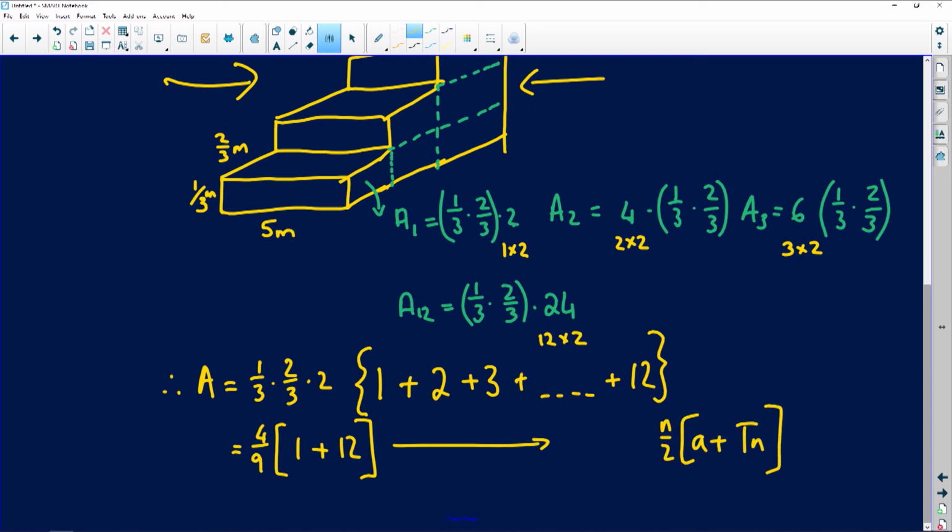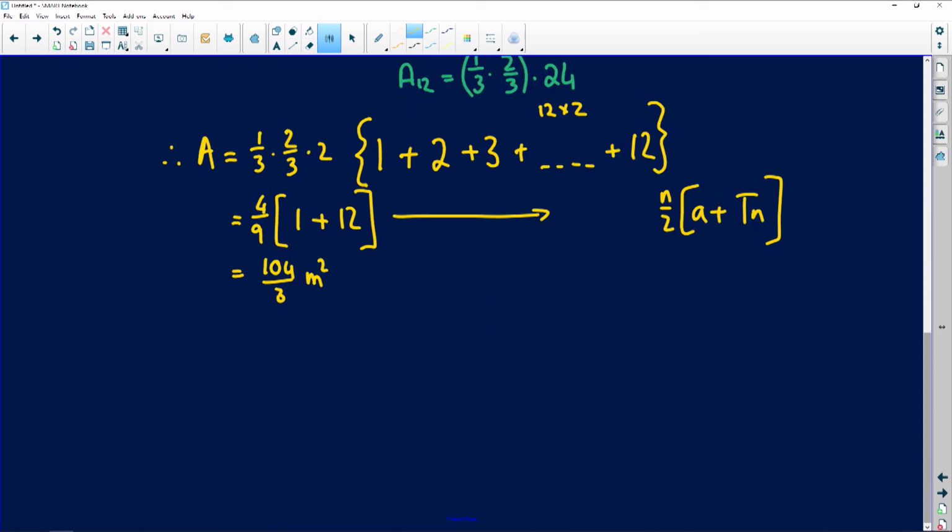Okay, I'm just not writing it down here. So 4/9 multiplied by that 13 that I have, and that 13 is that whole thing multiplied together, gives you a beautiful